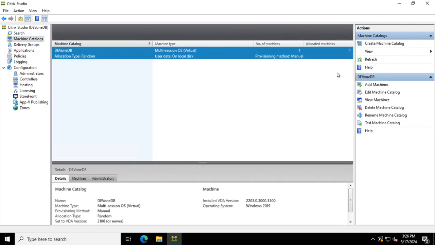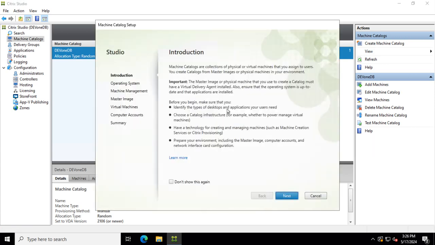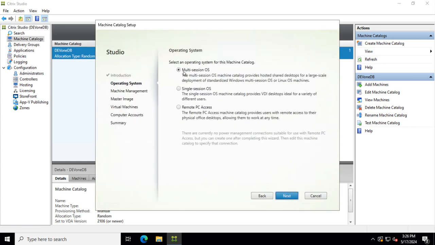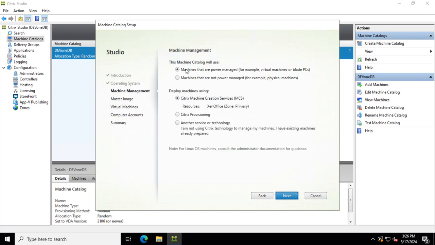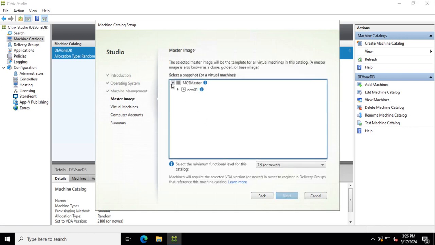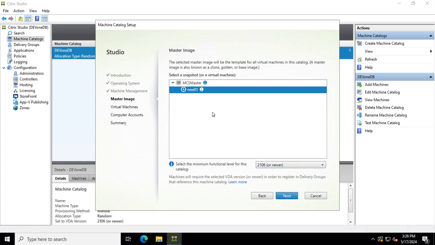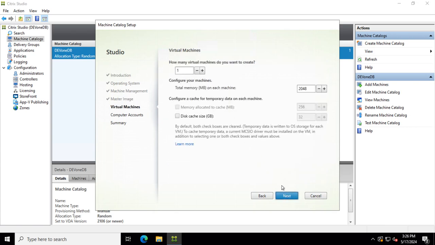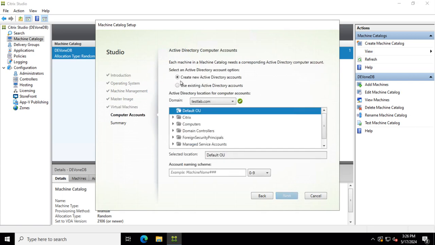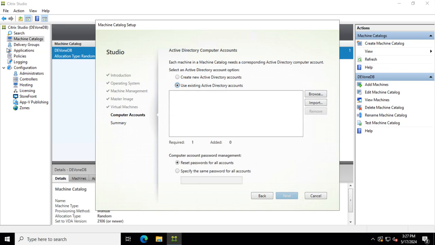Let's do a catalog. Right machine. Next, multi-session because it's OS 2022. Yes, MCS. Okay. Let's go with the newer version. 1 VM. Yep. Now let me create one Active Directory account really quick